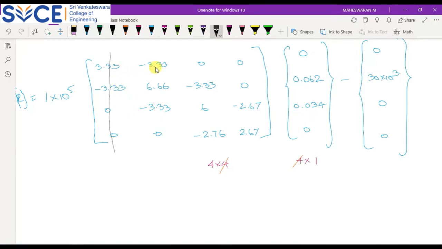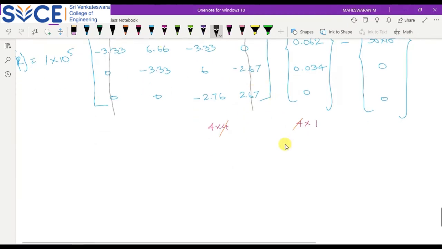Similarly, the last row. This row will be multiplied with this one: this into this, this into this, this into this, and this into this. So this one is also multiplied with this row. Again, this also we can't apply, so it can be 0. The remaining terms you can just multiply, which I will get as 1 into 10 power 5 into